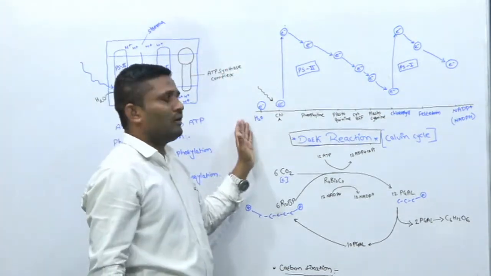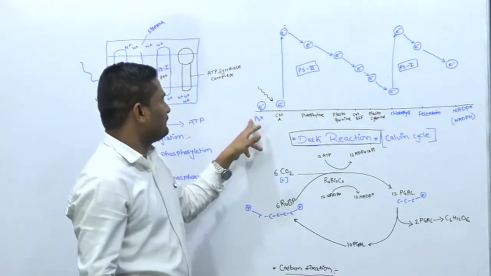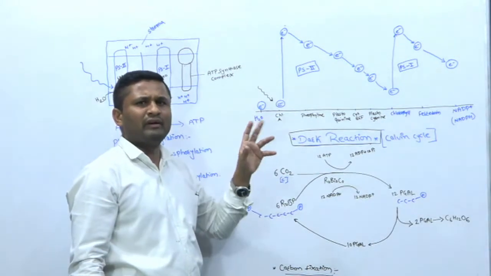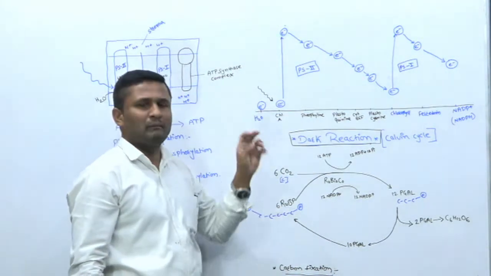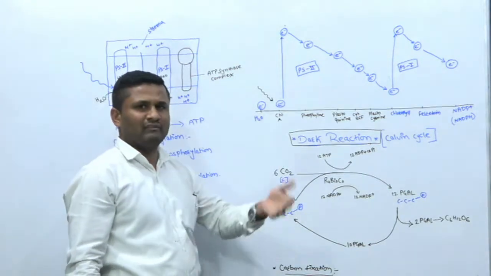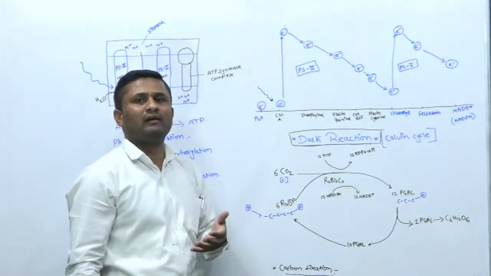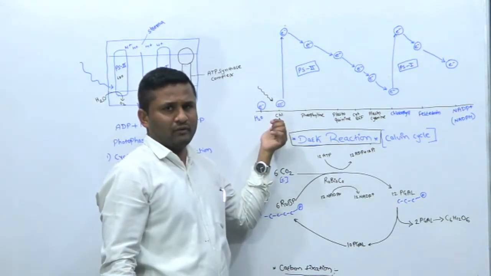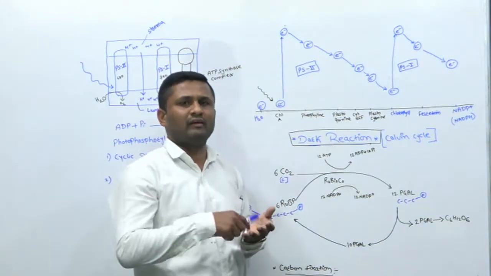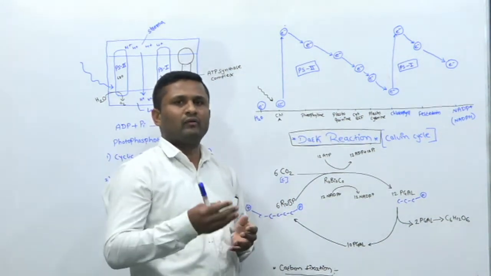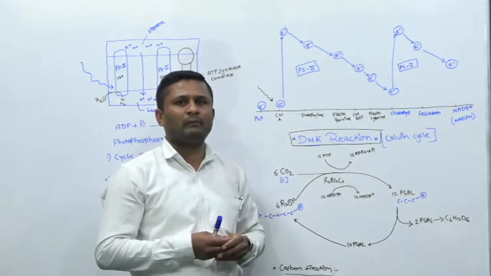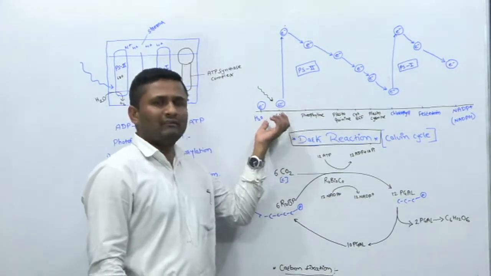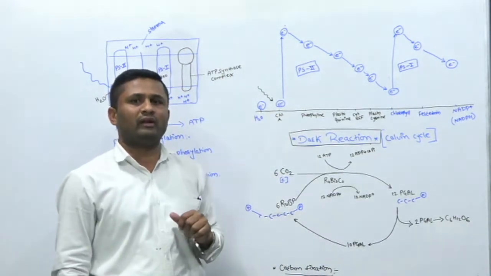Now see here, this electron which is hooked with this hydrogen, that means which is present in this water, is very compatible with water. And that's why we say that water is very difficult to oxidize. Now the photon light is first entering the chloroplast. In the chloroplast there are various photosynthetic pigments, and the majority of photosynthesis is performed by chlorophyll A. That means chlorophyll A has a very important role in the process of photosynthesis.